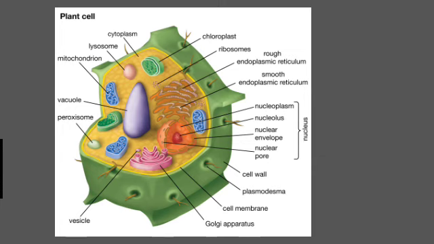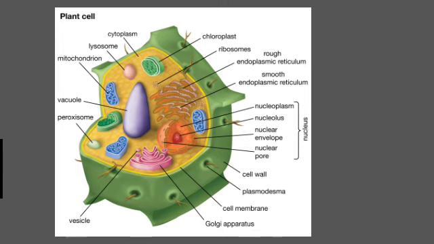Plasma membrane or cell membrane. The outermost covering of the cell that separates the contents of the cell from its external environment is called the plasma membrane or cell membrane. This membrane allows or prevents the entry and exit of some materials in and out of the cell. It also prevents the movement of some other materials. Thus, the cell membrane is called a selectively permeable membrane. How does the movement of different substances take place into the cell? How do these substances move out of the cell?